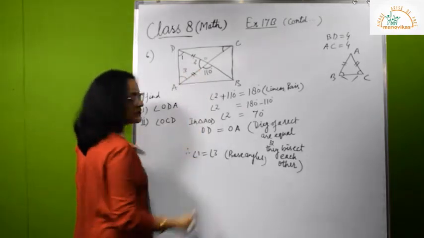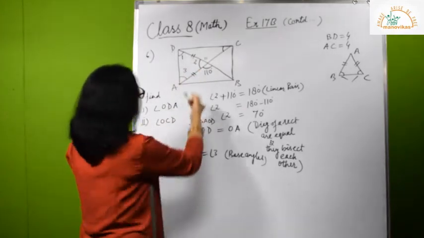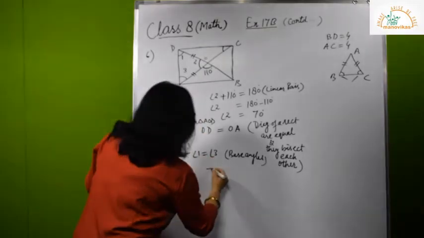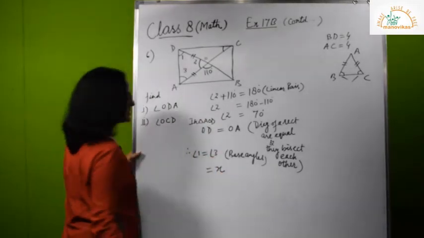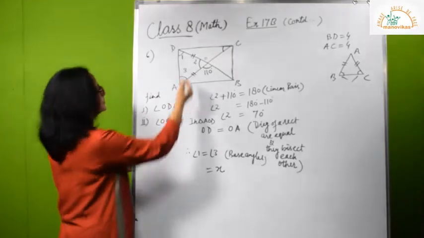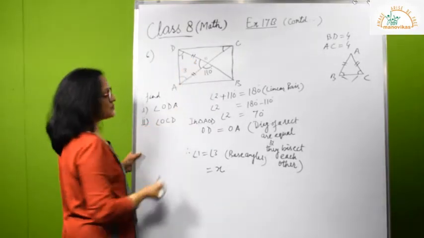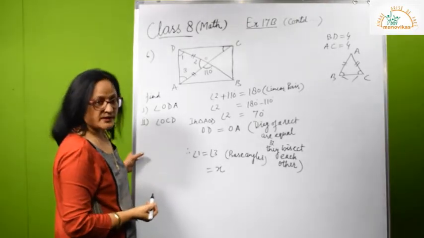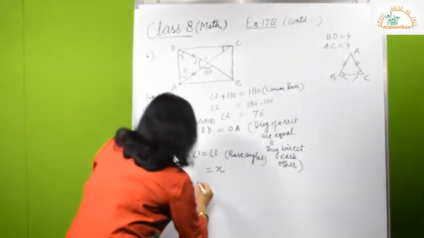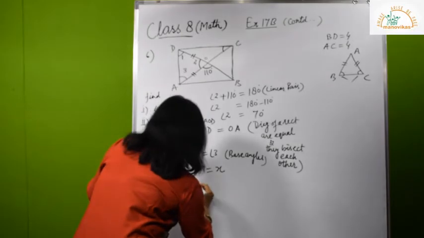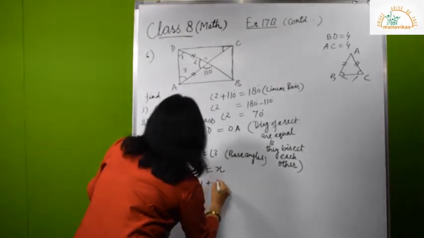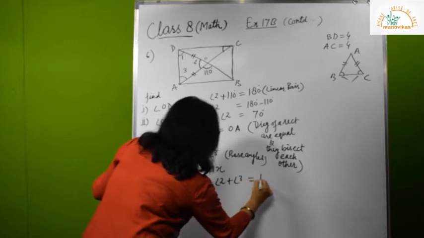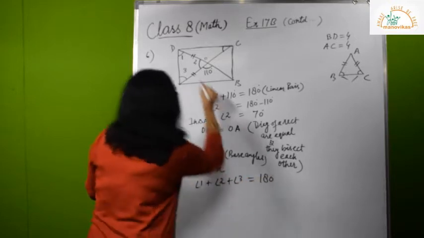This property we are using here also, because these 2 sides are equal. So angle 1 is equal to angle 3. Because you don't know angle 3 also, suppose this is equal to x. So 1 is equal to x and 3 is also x. Now you can use the angle sum property of the triangle. So in triangle OAD, angle 1 plus angle 2 plus angle 3, this is equal to 180 degree in this